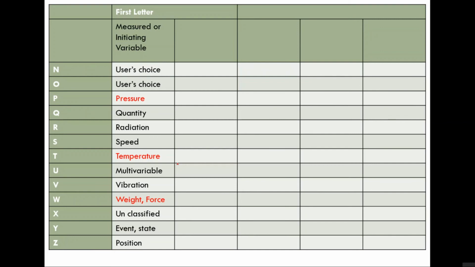Now the question is, if you are measuring, instead of pressure, differential pressure, what do we have to use? We can't use P alone. We need a modifier also. Okay, that is why here you can see a big separator. Before this big separator, we have the first letter. After this big separating line, we have the succeeding letter. But before that, we have two columns. One is the first letter, and in some situations we need a modifier also. So now we are going to discuss the modifier.